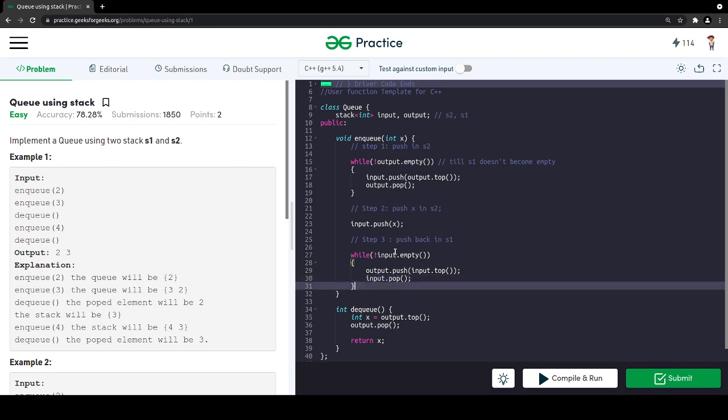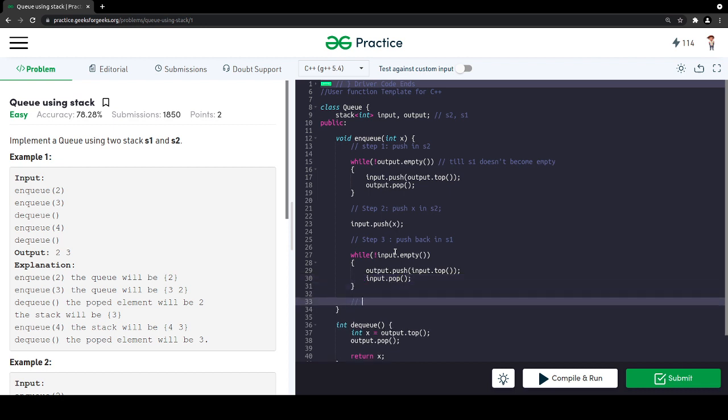Now my output holds the queue, and for removing, we do the dequeue over here. So now I am ready.